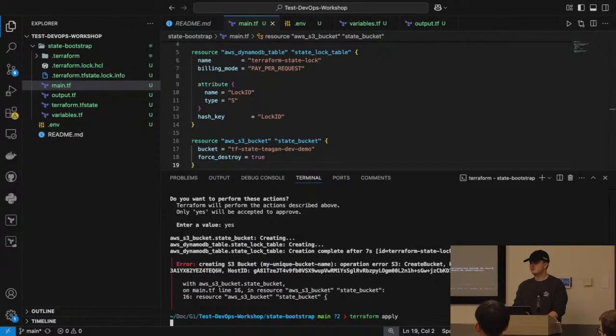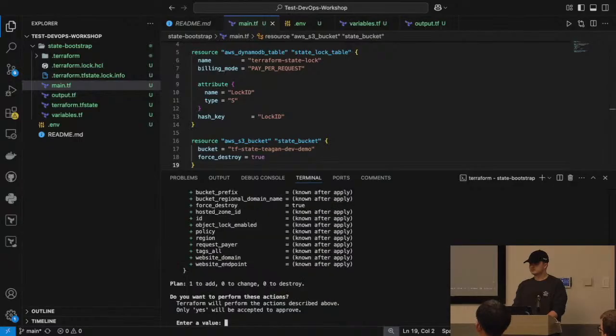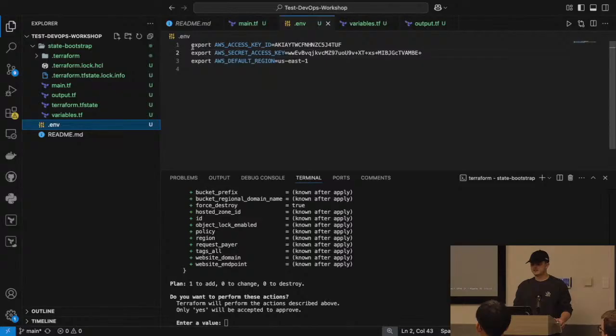Terraform's kind of slow. Sorry, how did you point to that .env file? So I added export at the beginning of our commands here. And so the source command essentially just can run that file. So when I do source .env, it essentially runs these 3 lines, which adds those environment variables to my local environment. So that way, whenever Terraform goes and runs, it uses my environment to run. And so it can see, okay, I have these access keys to reference. And we'll show a different way, a more secure way to do this later on, right?